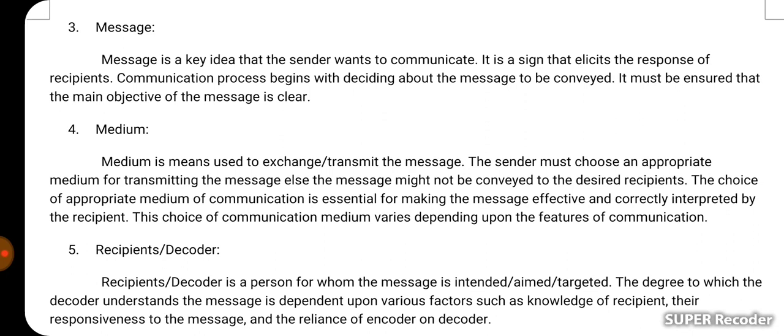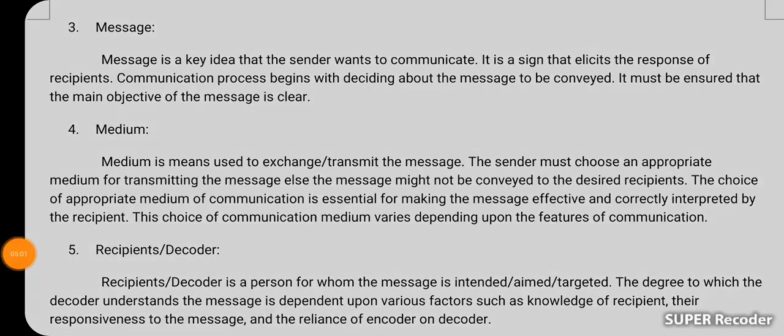This is something through which the sender wants the feedback of the receivers of the message. Communication process begins with deciding about the message to be conveyed. How does communication process begin? It begins with deciding about the message to be conveyed. First of all, brainstorming does occur in the mind of the